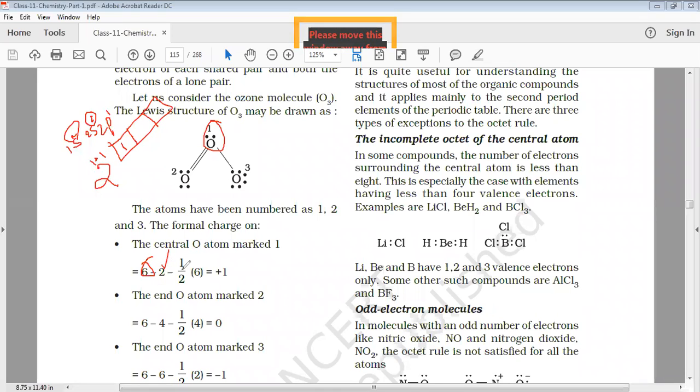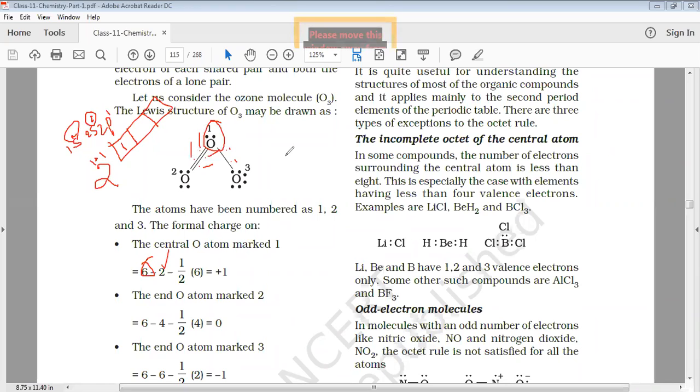This is also clear. So next formula, you know, minus 1/2 bond sharing electrons. Bond sharing electron, what is that? What do you mean by bond sharing electron? You need to see not only from one element, but both elements, how many electrons they are giving, so that you need to calculate. So here this oxygen is donating 1 and this oxygen is donating 1. Again for this bond 1 and this bond 1, you can see the dot, I'm putting a dot here. So this is again 1 and this is 1. So just count it down: 1 2 3 4 5 6.